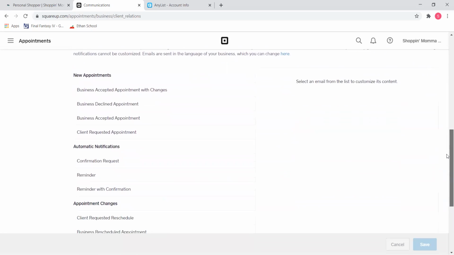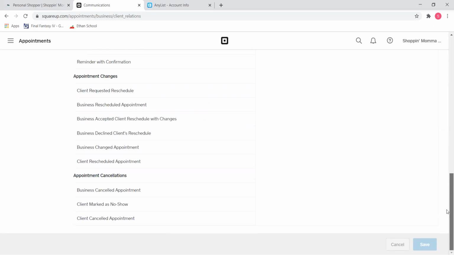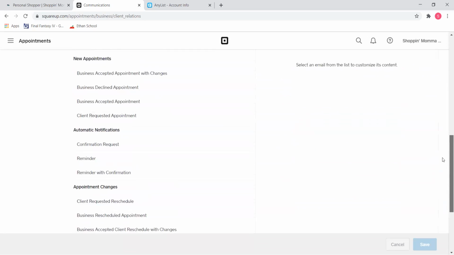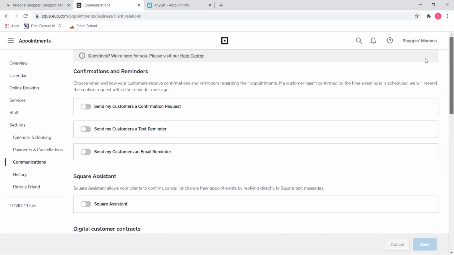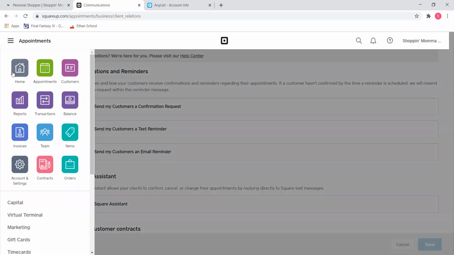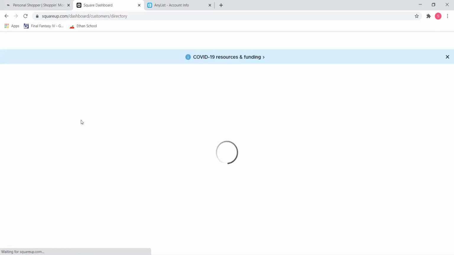Email notification customization is just for emails to you and emails to the client. I have that turned off, so I didn't even worry about checking any of those. So that's everything on here. That's actually everything, I think. Oh, customers. If you go here, you can see your customers